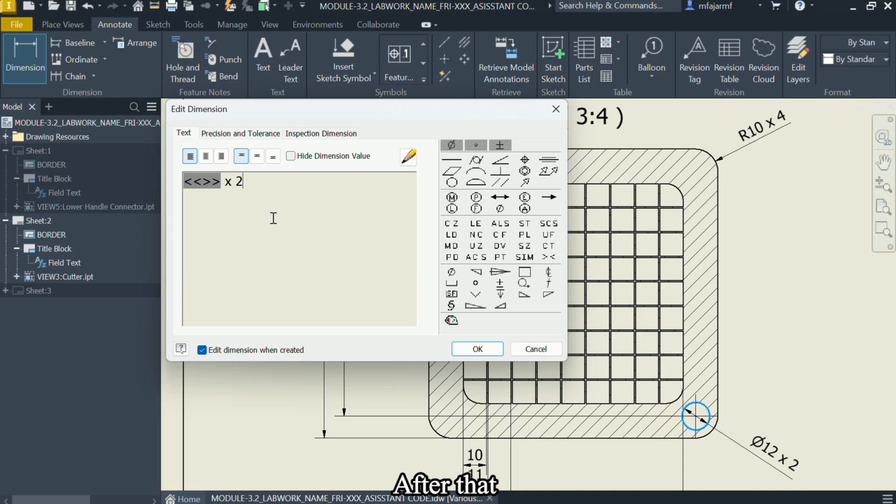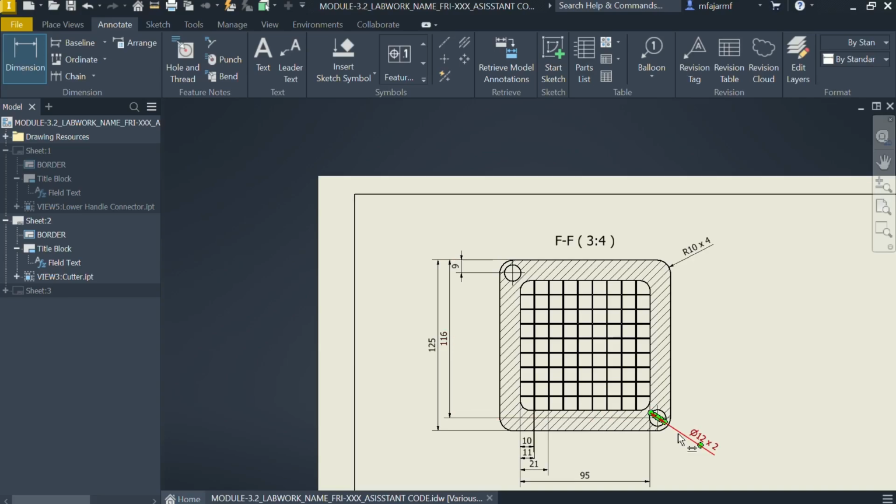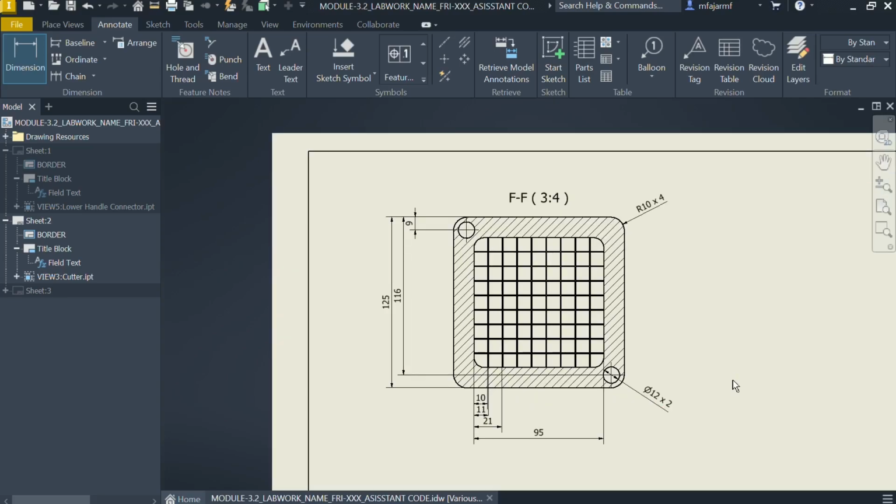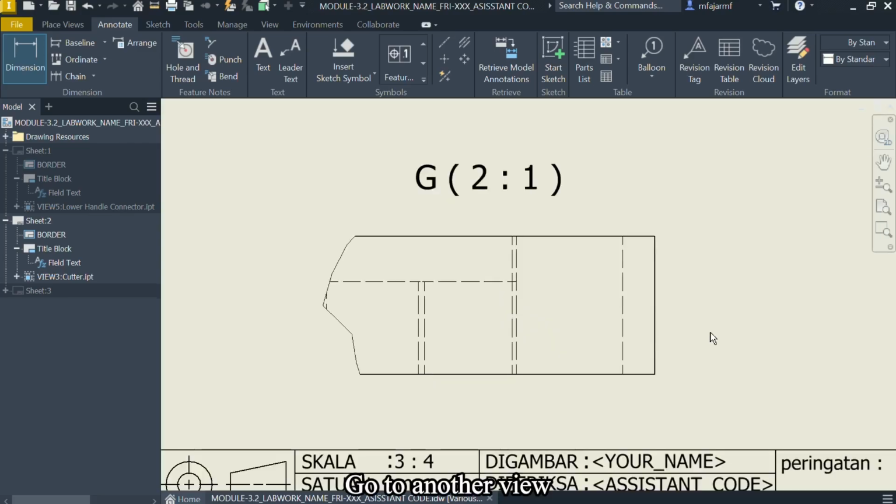After that, click on OK. And this is the result. Okay, we go to another view.